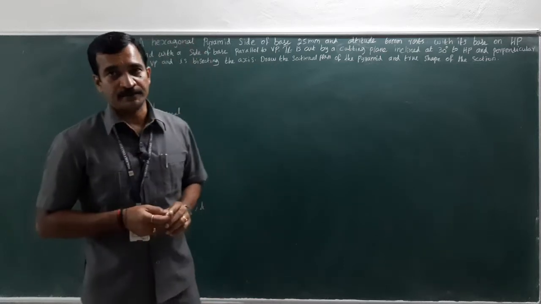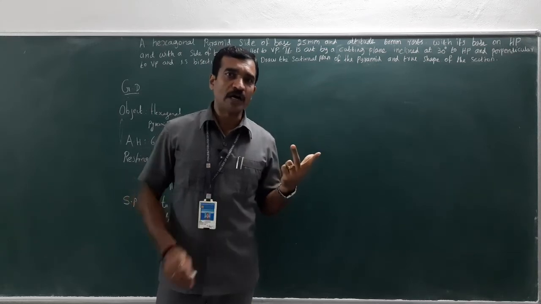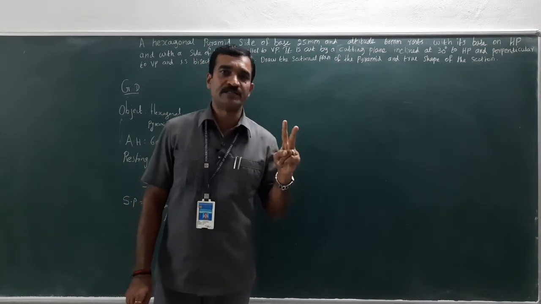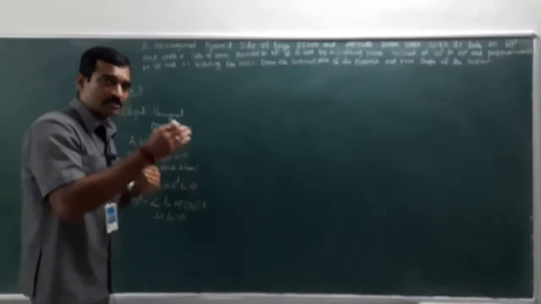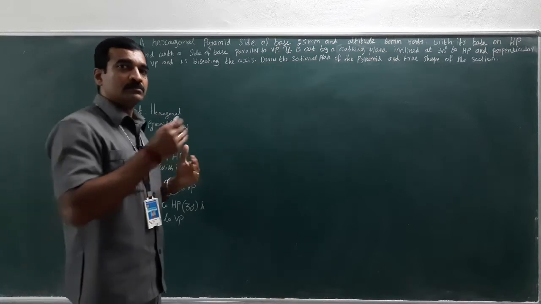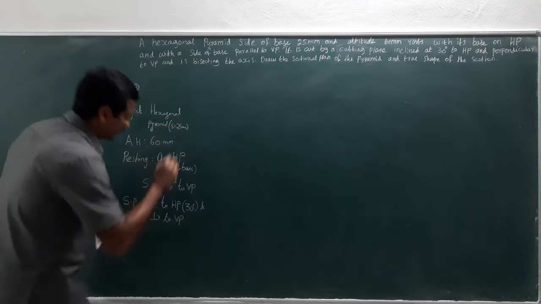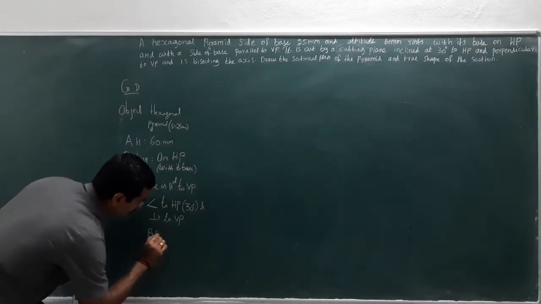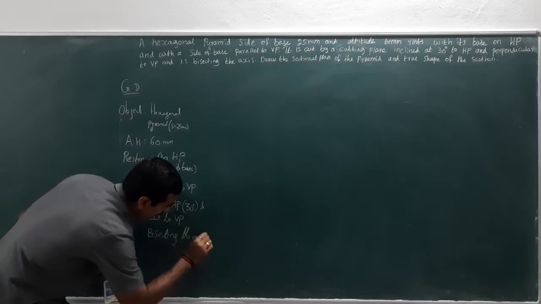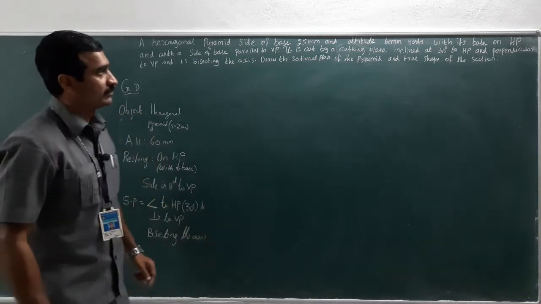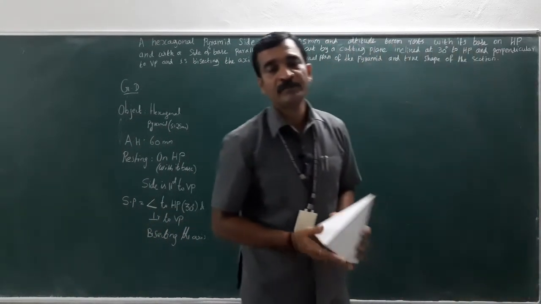What do you mean by bisecting? Bisecting is nothing but splitting into two equal parts or dividing into two equal divisions, right? In order to find the midpoint of that, isn't it? So bisecting is nothing but splitting into two, that is midpoint, right? So the condition is bisecting the axis. Right. So here the object is a hexagonal pyramid.